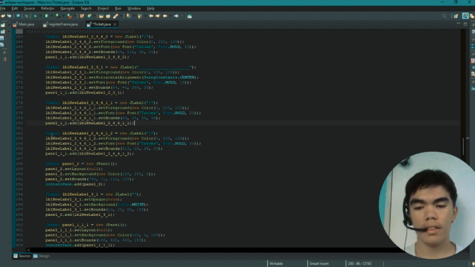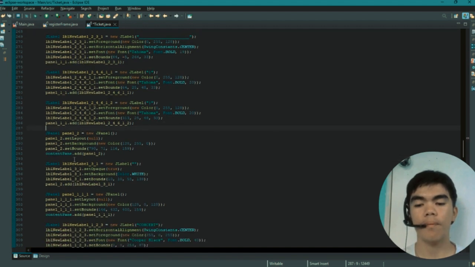And next is JLabel. This JLabel sets the foreground to new color 0, 255, 128 and sets the font to new font Tahoma bold and size 20 and sets the bounds to 313, 25, 548, 33 and added to our panel.